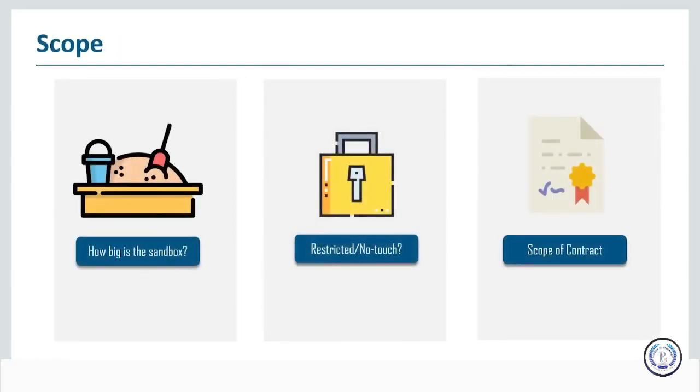So let's talk about the scope of penetration testing. Firstly, you want to realize how big the breadbox is, and specifically what the two of you have agreed: you, the ethical hacker, and the authorized person who gives you permission to ethically hack. You have agreed that you can do penetration testing and target them as an organization or client, and you have agreed to any exclusions, any areas they say you're not allowed to touch.